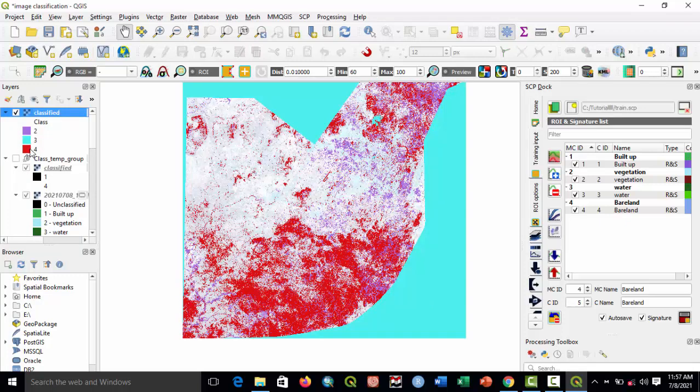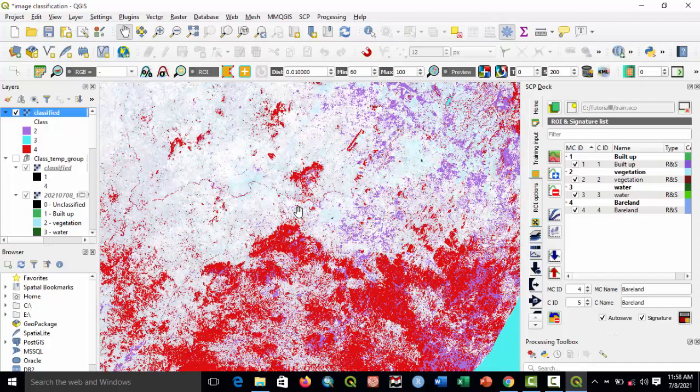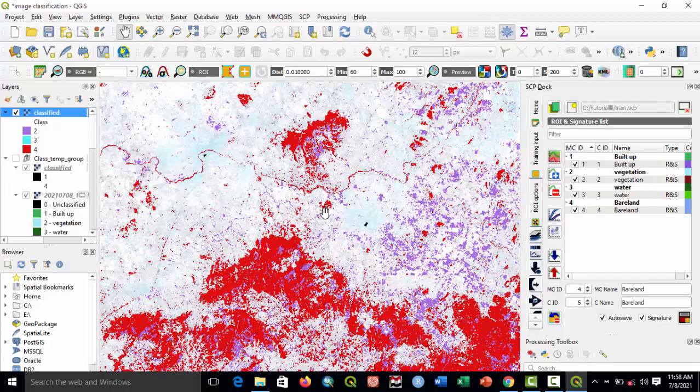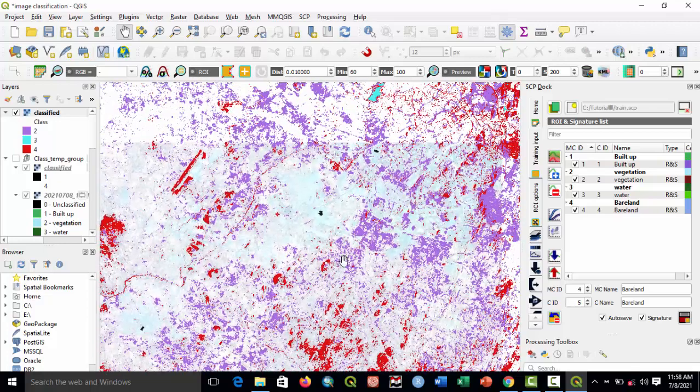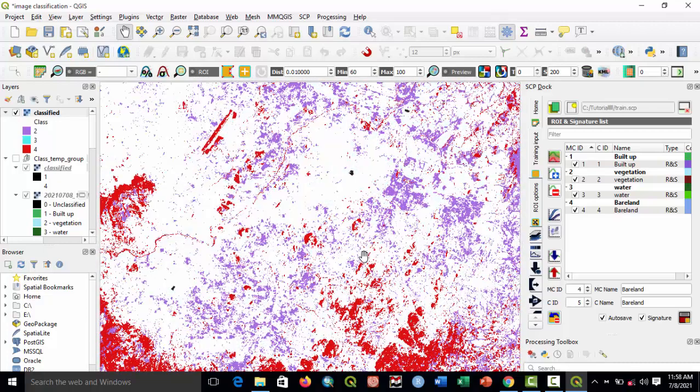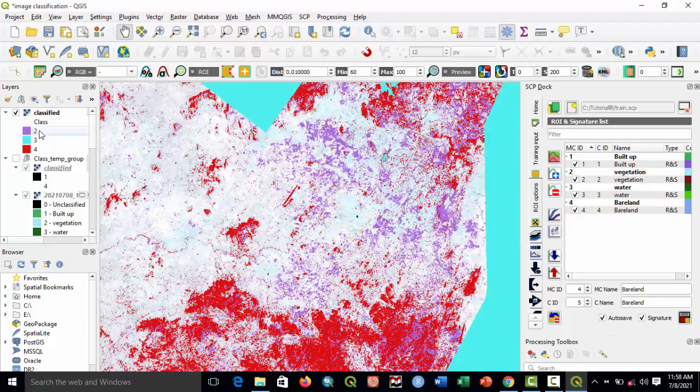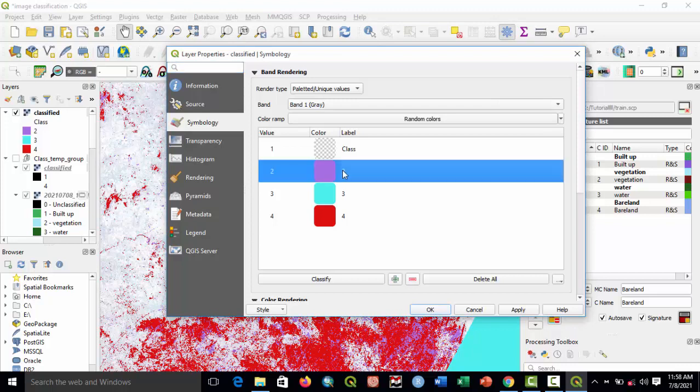This red is the built up. Looking at it, this red is the built up area. So now the blue, this is the built up area. So you can say built up,